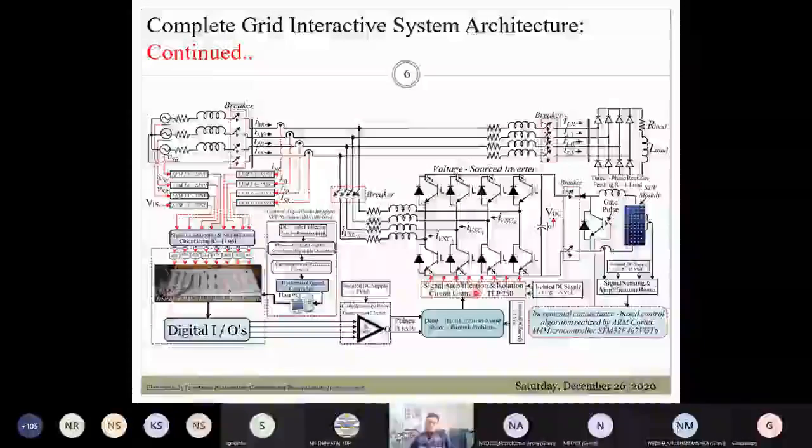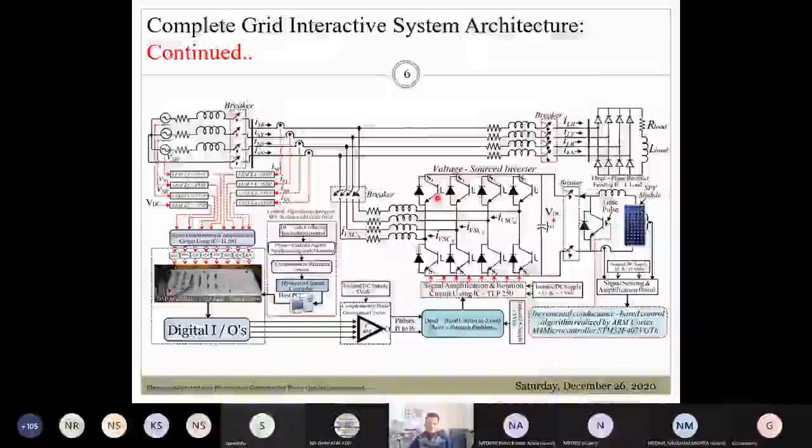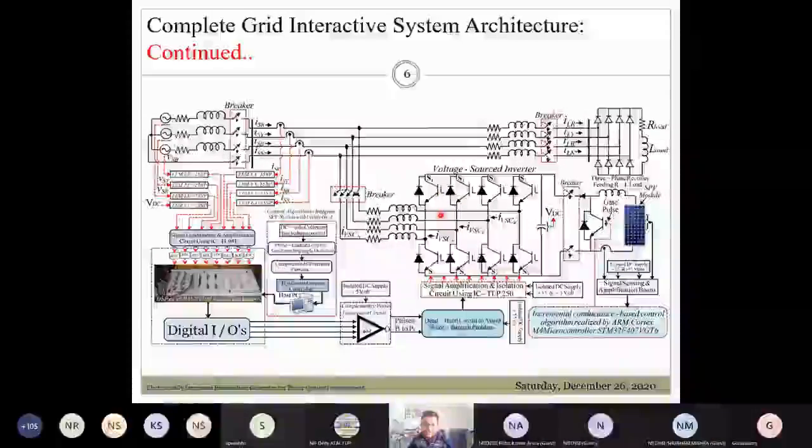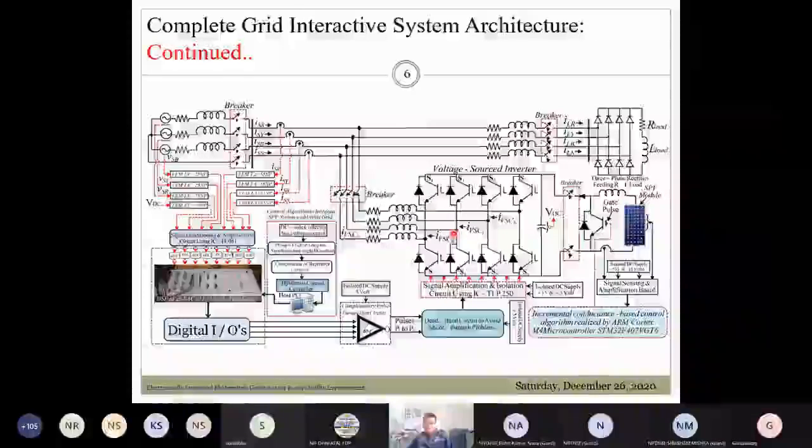Besides, I have also generated the minus 5 volt supply. This is due to the fact that IGBTs have a lower switching speed, and therefore to ensure proper commutation of the IGBTs, a minus 5 volt supply is also given during the turn off or commutation period. So this will ensure the effective commutation of the IGBTs.